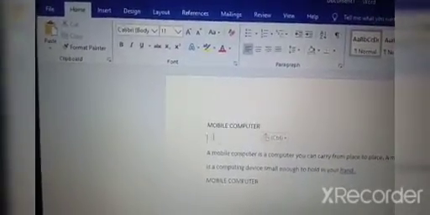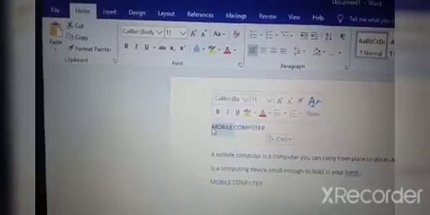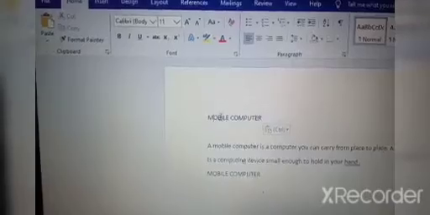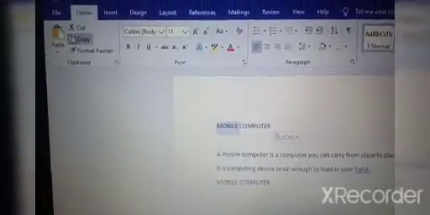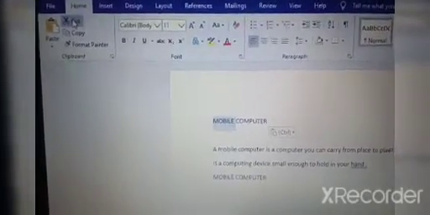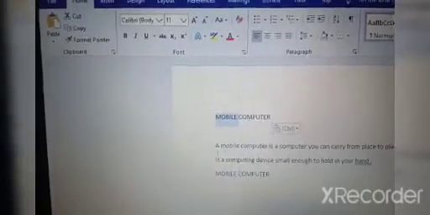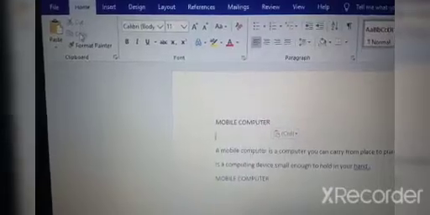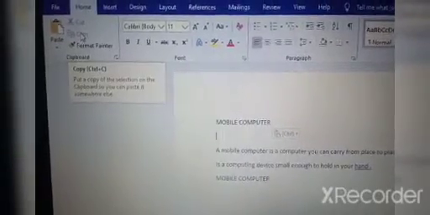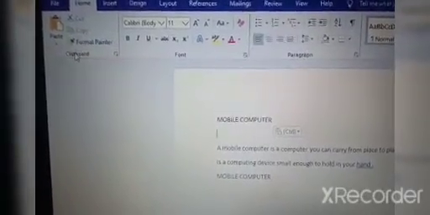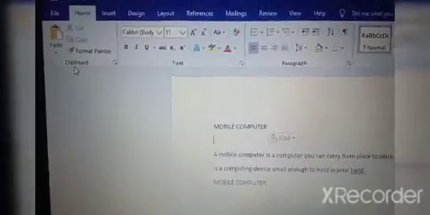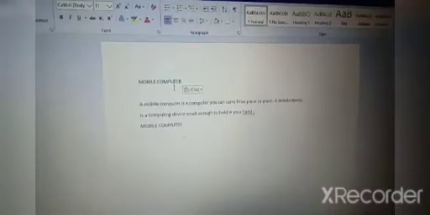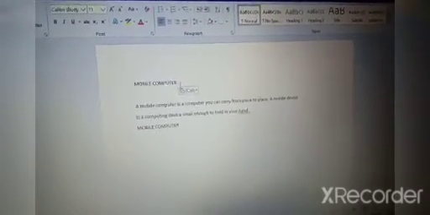Cut paste and copy paste, it is in the home tab. When you select any word, it will get highlighted. See here, you select this word and you can see the copy command highlighted and cut command also highlighted. Okay, when you deselect it, you can see now the cut command and copy command are not highlighted. Understood children? These cut and copy paste commands are in the clipboard group in the home tab.